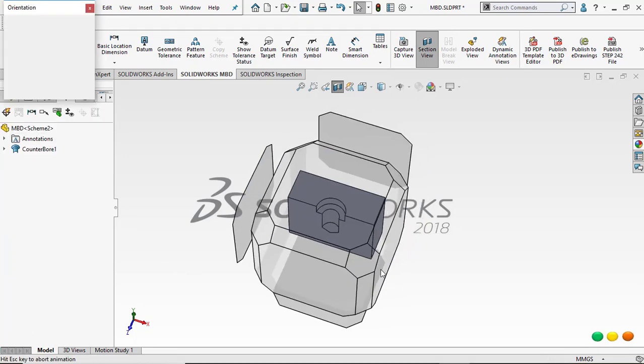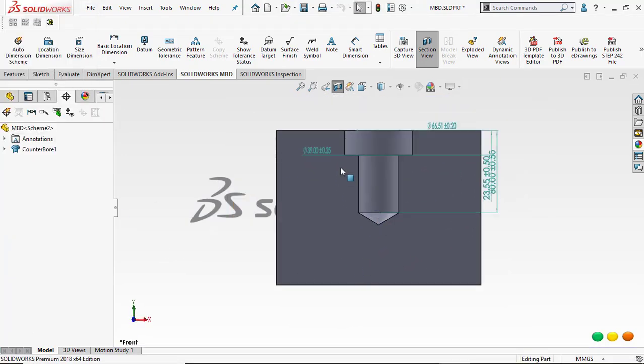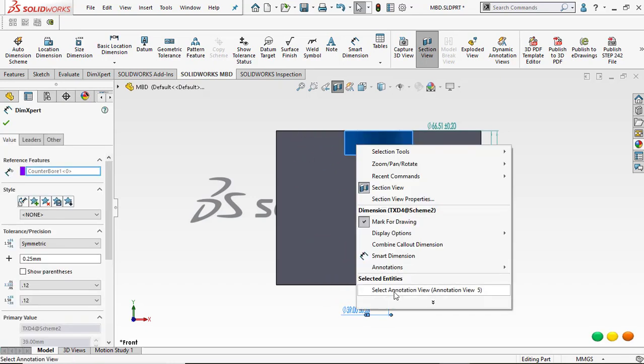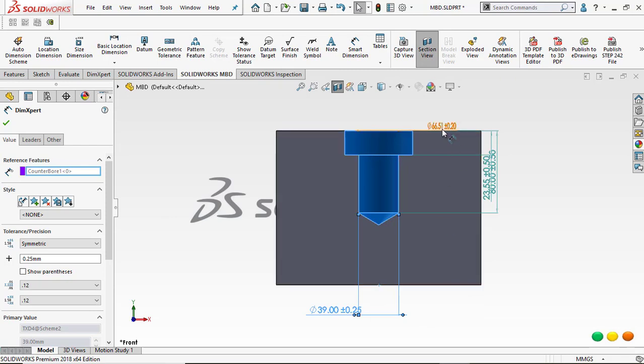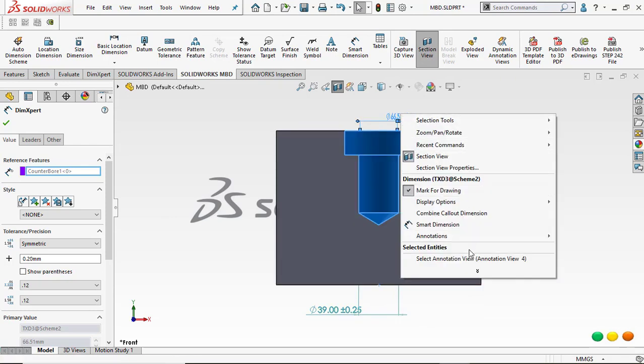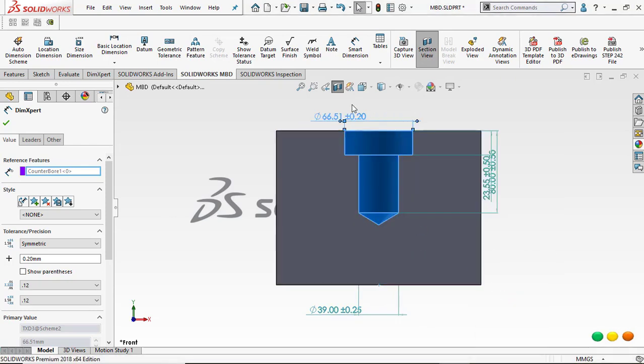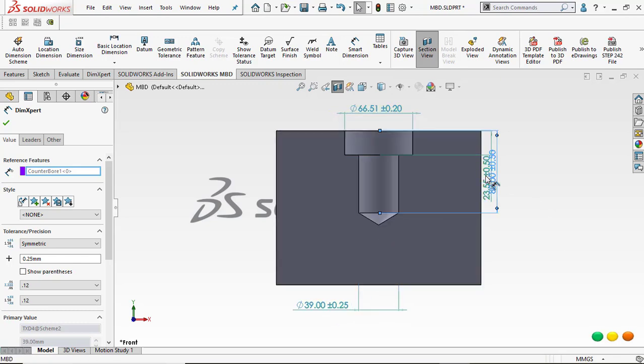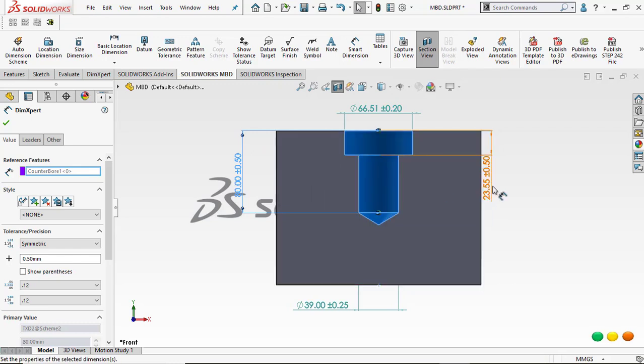Let's take the front view and assign the annotation view to the front. So right click on it and give annotation view as front, and let's do the same thing to the other dimension as well. And now we can position our dimensions wherever according to our needs and capture this particular 3D view and export it to 3D